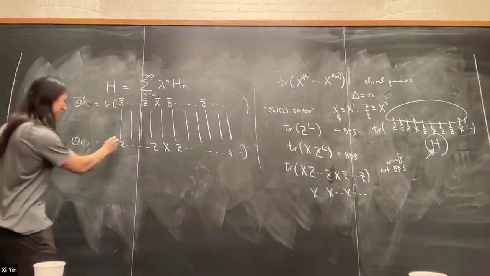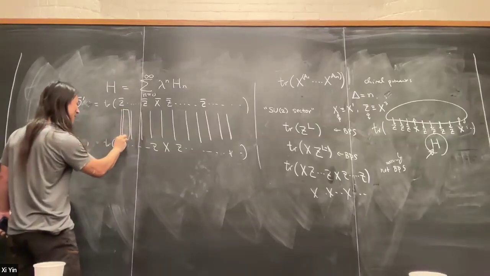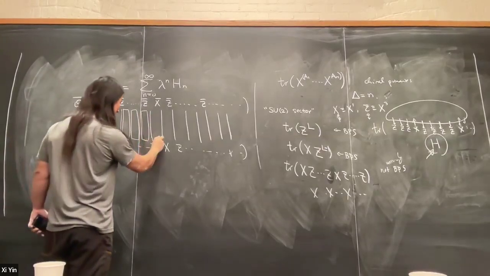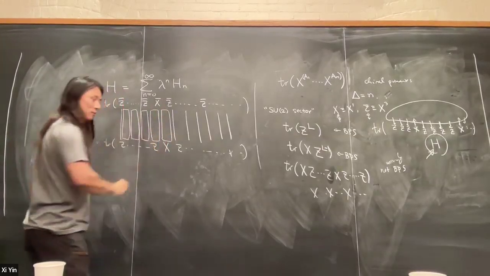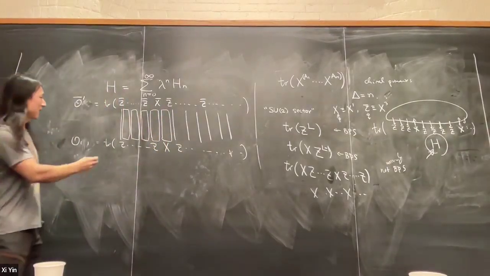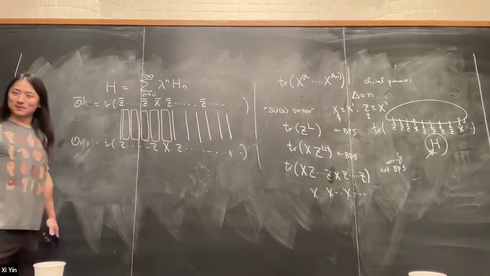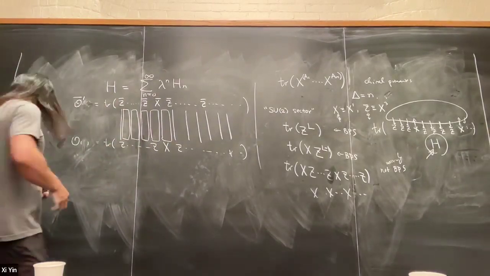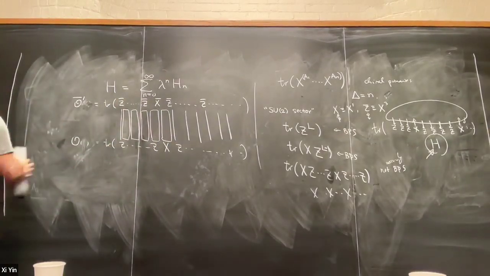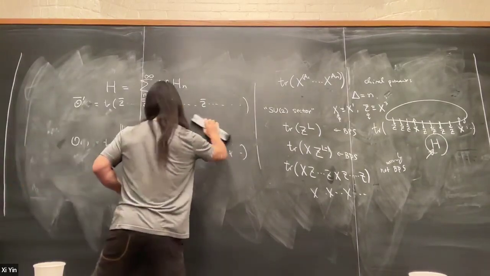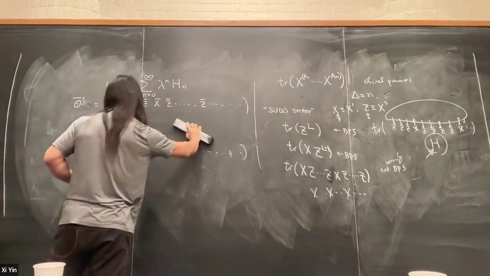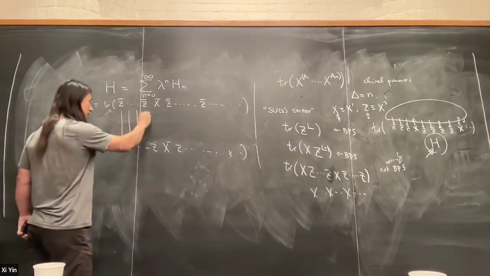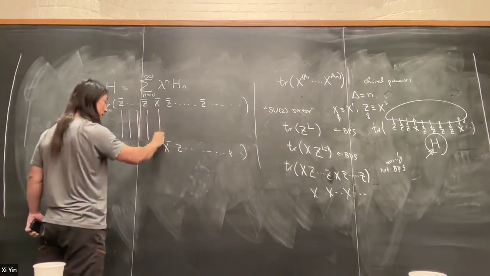Now, strictly speaking, I should fatten every one of these into a fat graph to keep track of the indices. But you understand that we're in the planar limit, so only planar graphs contribute, and these things all have to line up adjacent to one another. So I'm not going to bother with drawing the fat graph. It just looks too messy in the picture. I'm just going to draw the single line, use a single line notation. All right, so at leading order, you have to contract the Z with Z bar, X with X bar.